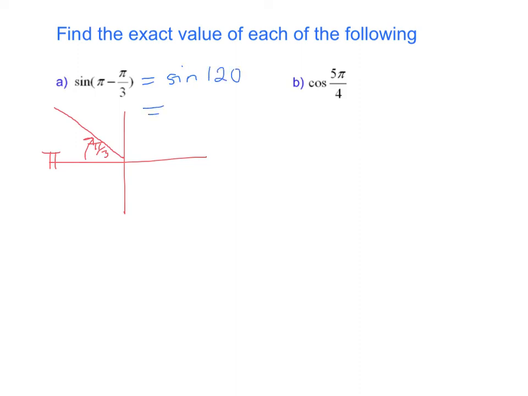Now remember, all stations to central. Sine in the second quadrant is positive, and the related angle would be 60 degrees. We already really had it there for us. So sine 60